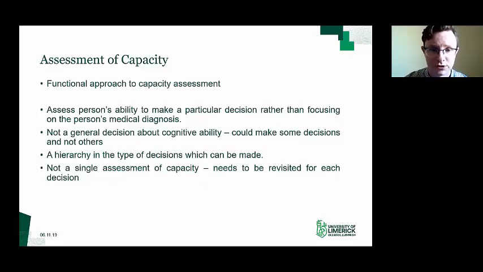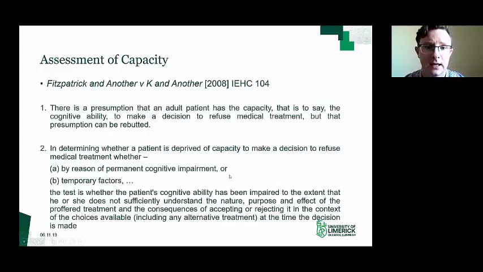Another element with the functional approach is that it's not a single assessment of capacity. It does need to be revisited for other decisions, and revisited obviously if there's a trigger to suggest that that assessment does need to take place. The functional approach is also set out within the HSE National Consent Policy and the Irish Medical Council Guide to Professional Conduct. So if we can turn to one of the first cases here,